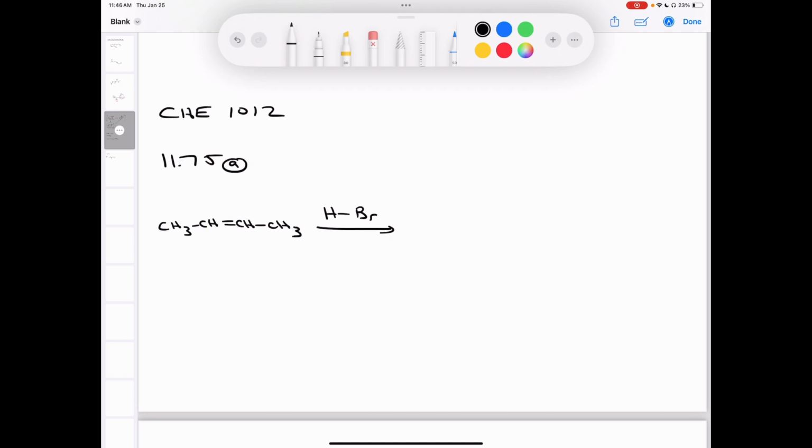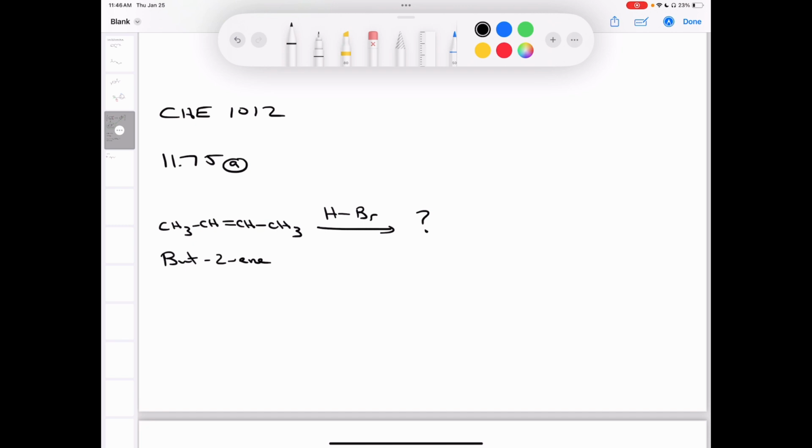The first one is question 11.75a, and again, this is from Chapter 11. The question says, complete each of the following by supplying the missing product indicated by the question mark. So the question mark is going to be over here. And the question is, if we take but-2-ene and we treat it with HBr, what's the product that